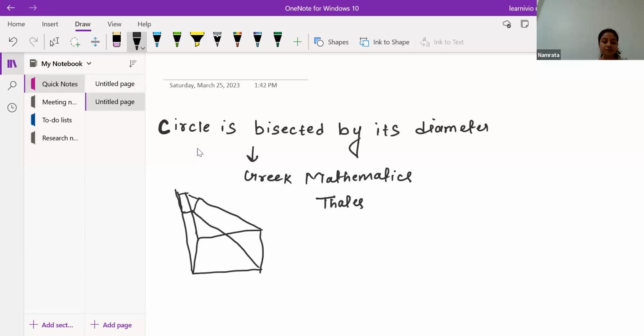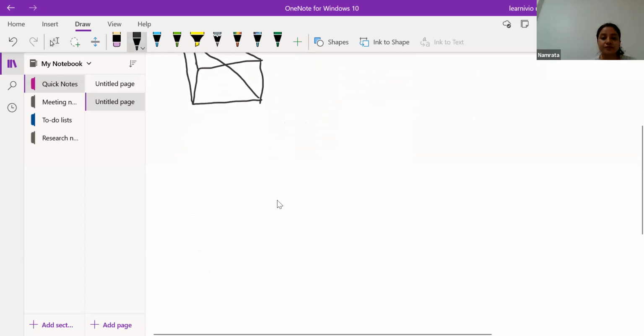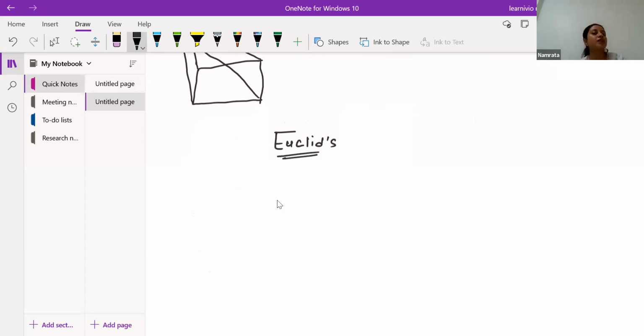Now there comes a scientist whose name is Euclid. Euclid has given the definitions, axioms, and postulates, which we are going to learn in this chapter. What exactly are the definitions he has given? What are the postulates he has given? What are the axioms he has given? And the first thing Euclid says,